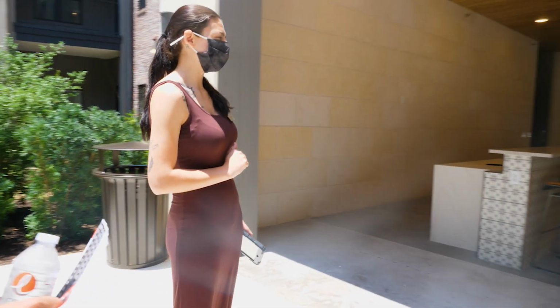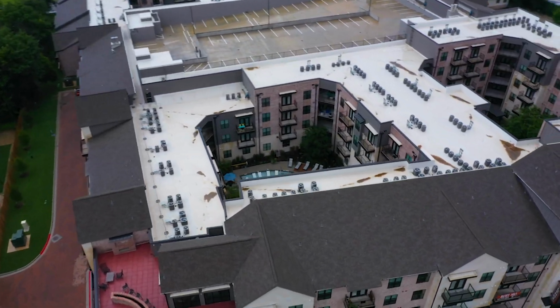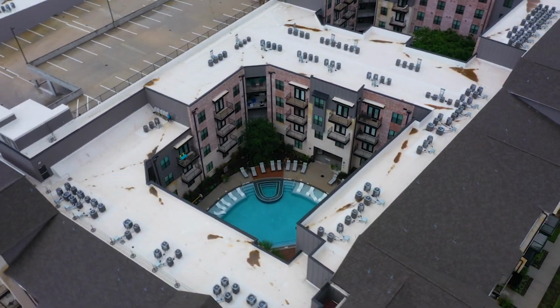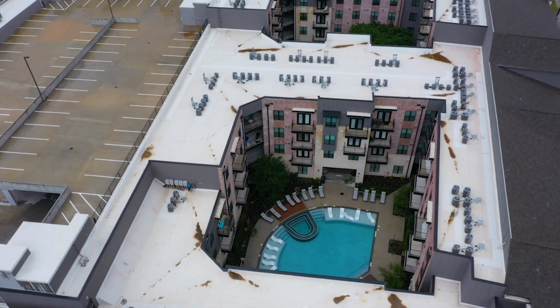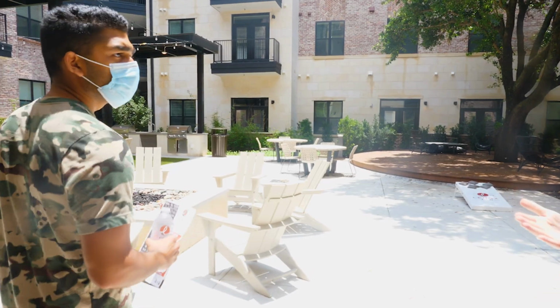We are actually getting putt-putt golf placed in here too. Wait, what? I know he said not to get caught up in amenities, but we quickly learned that this is the place that we wanted to live. See why now. Hallway to connect the courtyard. It's actually labeled as our paseo section. So you've got